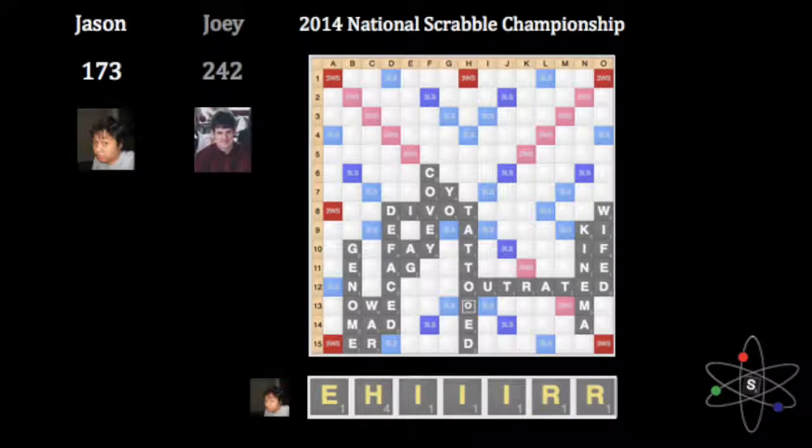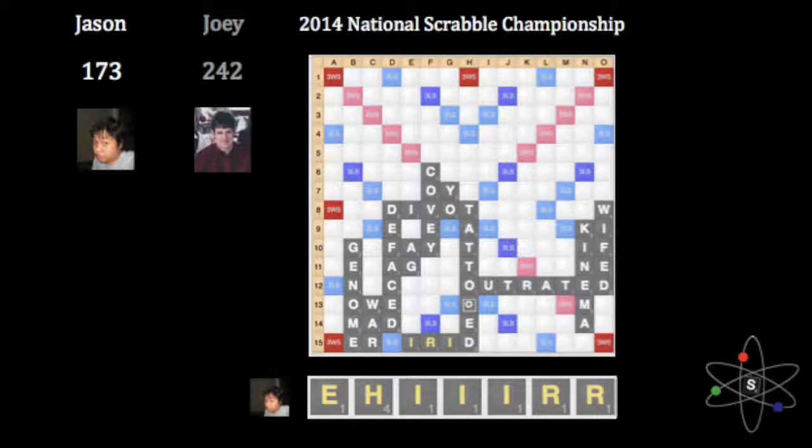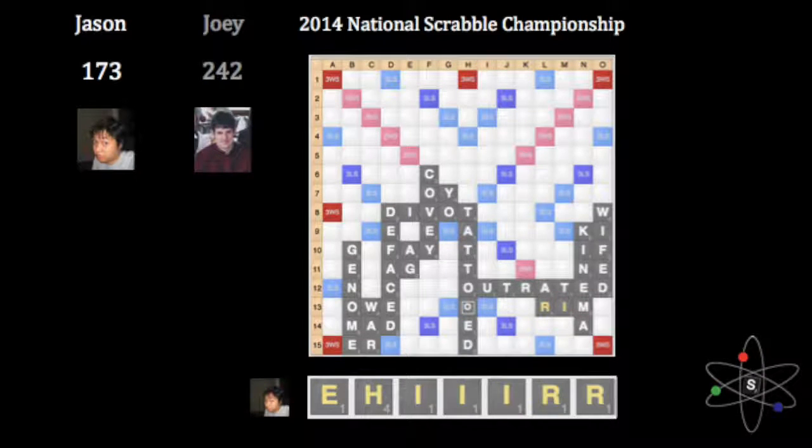EHIIIRR for Jason. Not very many good options. You can play Rim or you can play Him. I guess you can play Irid as well. He's so far behind at this point. He's 69 points back that even if he does get a bingo, it's not even really going to give him a lead. Rim does bingo more often, but at the same point, no play is really going to bingo all